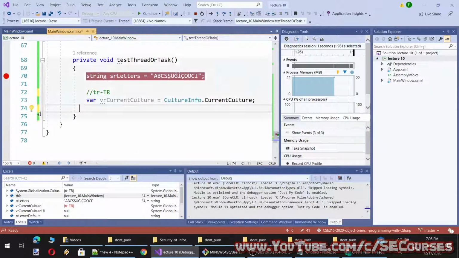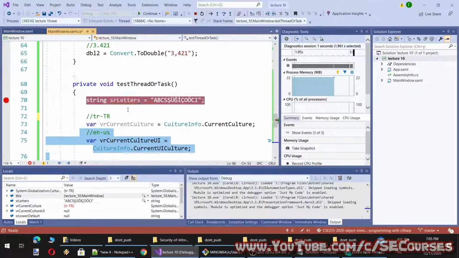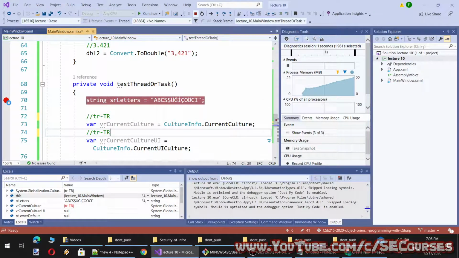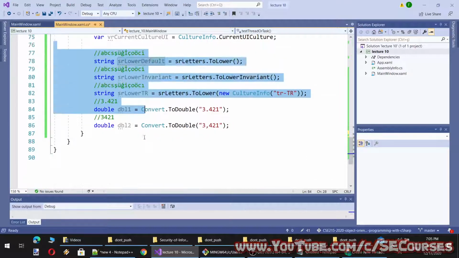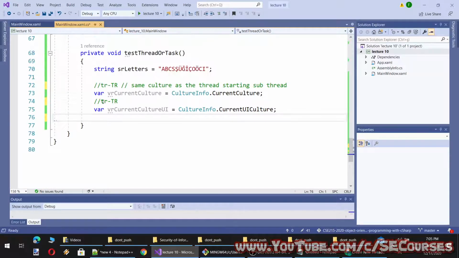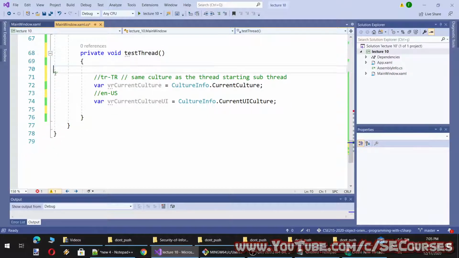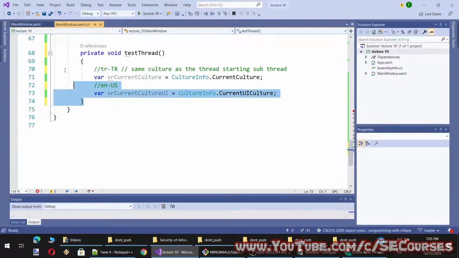And let's test the task method. I didn't check the rest because we know how it will be.